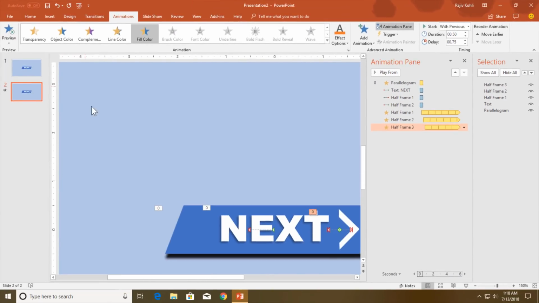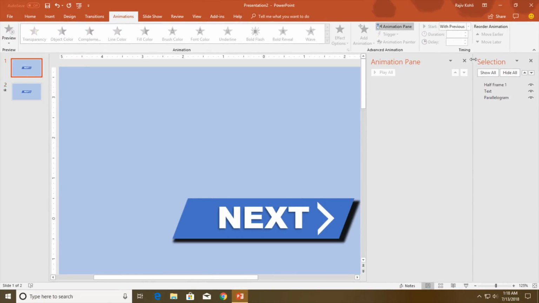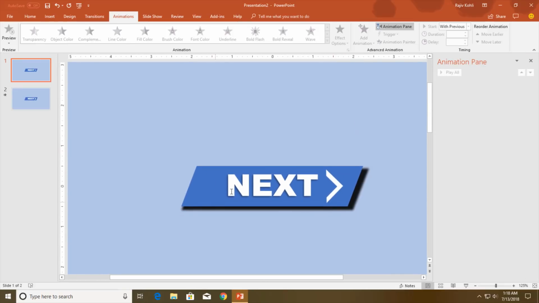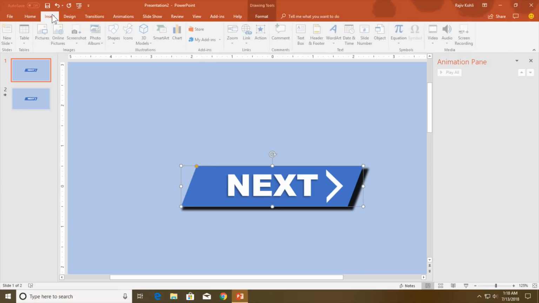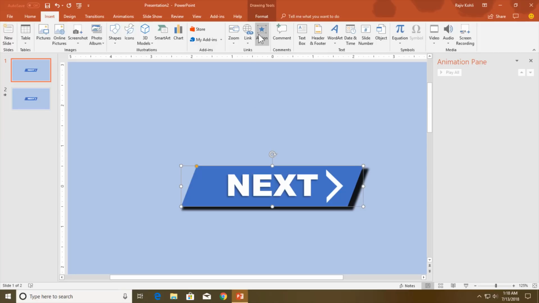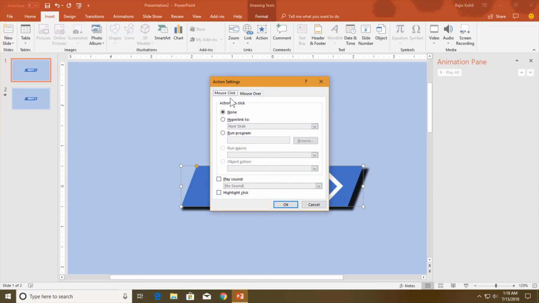That's fine. So what I want to do now is I want PowerPoint to move to the next slide when I hover my mouse over this next button. So I select this one, go to the Insert tab, click the Action button from the Links section, and if you want to apply the action setting for on clicking, then you can go with these settings, mouse click. Or if you want to apply the action on just mouse hover, then go to the mouse hover tab,